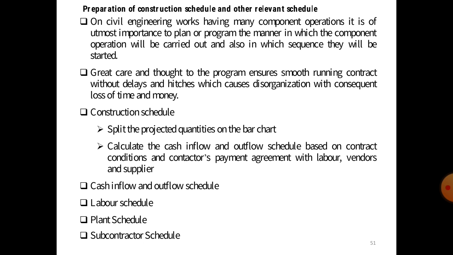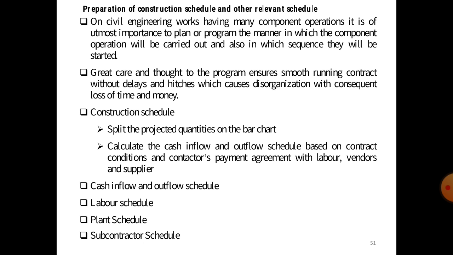Now, the next topic we discuss is the preparation of a construction schedule and other relevant schedules. A civil engineering work has many component operations. It is of utmost importance to plan or program the manner in which the component operations will be carried out, and also the sequence in which they will be started, and great care and thought in the program ensure smooth running of the contract